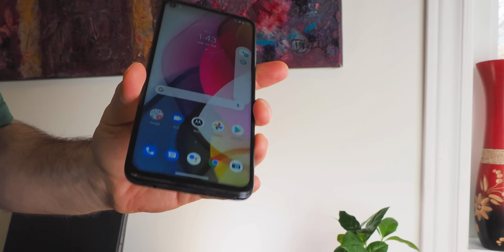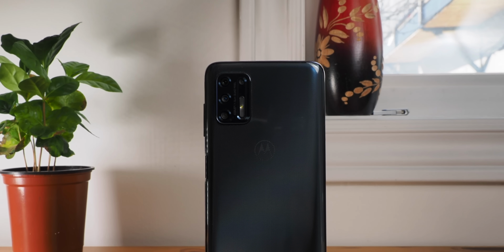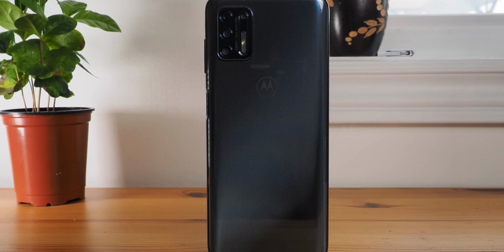Compared to the HD Plus resolution of the Moto G Play and the Moto G Power, this is going to give you a much sharper image, and whether it be Twitter, movies, Instagram, whatever it may be, everything on your phone is just going to look so much better than those other two phones. You're also getting faster performance thanks to a Qualcomm Snapdragon 678 processor, along with 4GB of RAM and 128GB of